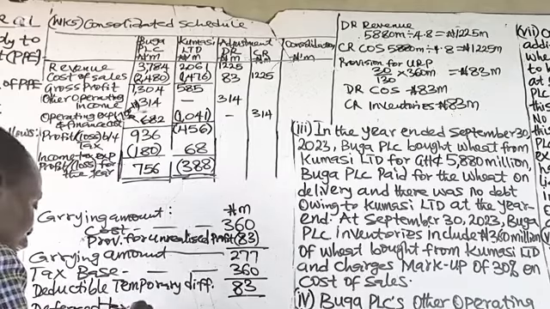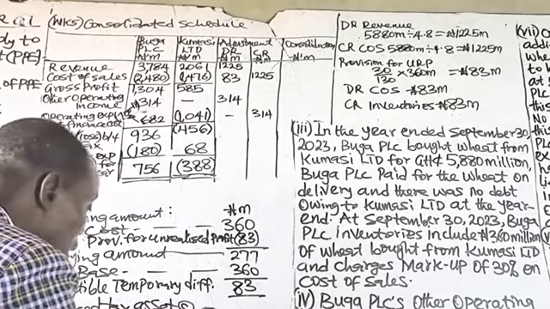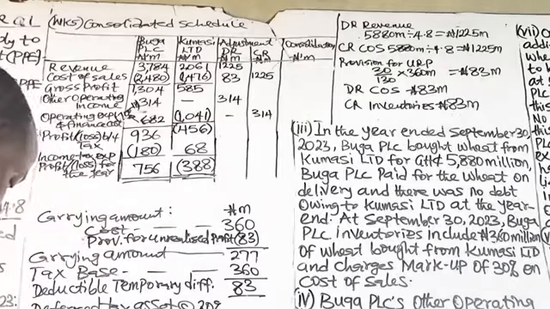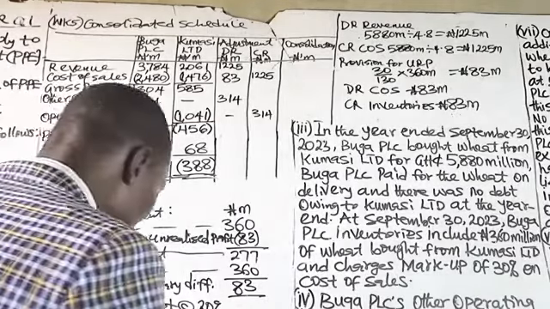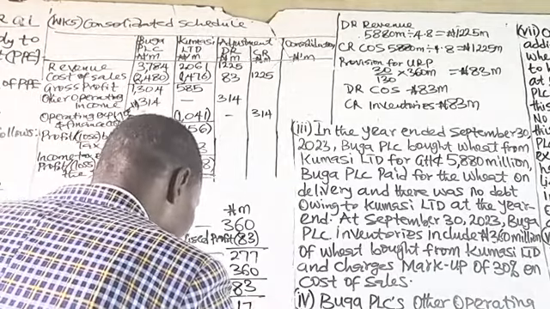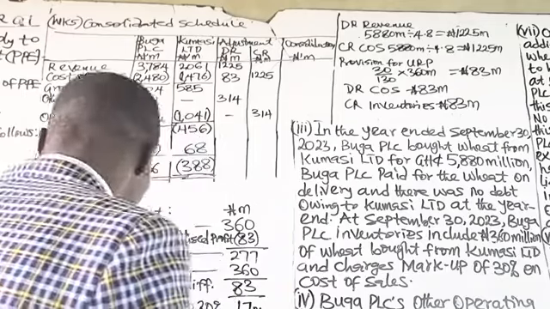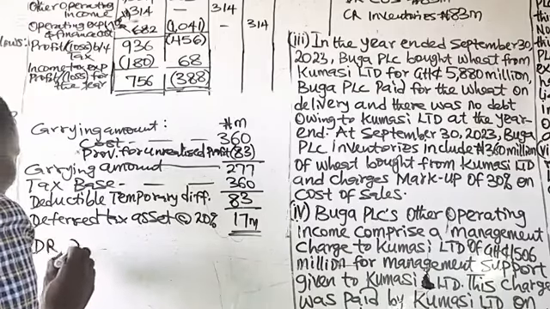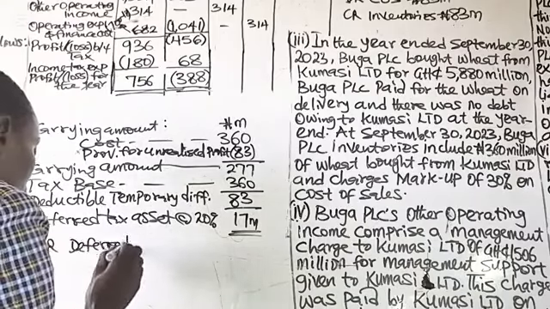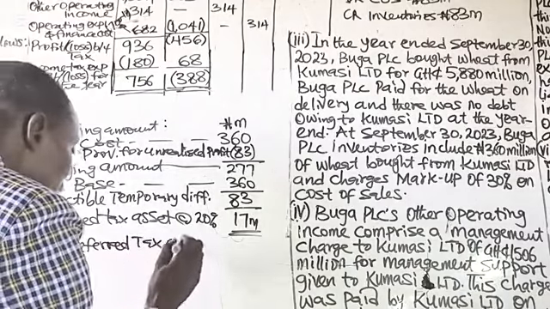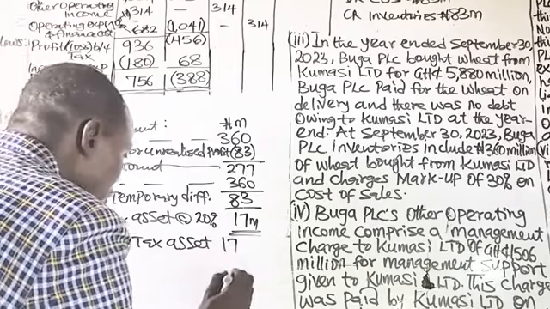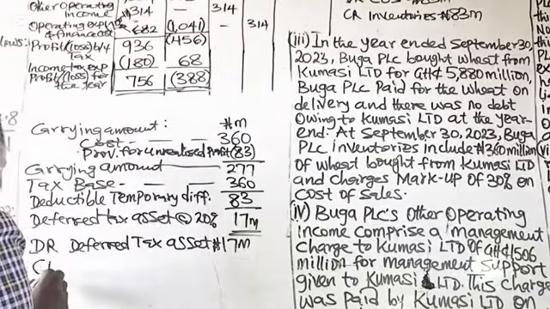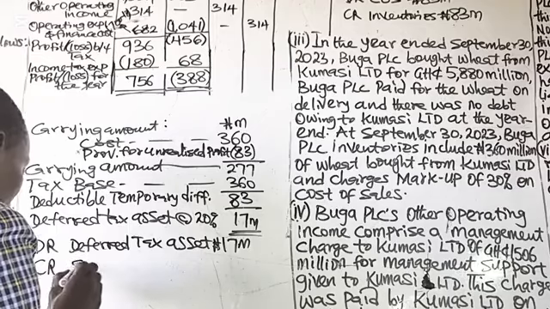So deferred tax asset. Remember, the tax rate given in the question is 20%. So if you calculate 20% of 83, that gives us 16.6. Let me just say approximately equal to 17 million. So for this 17 million, the double entry will be to debit the deferred tax asset with 17 million, credit statement of profit or loss